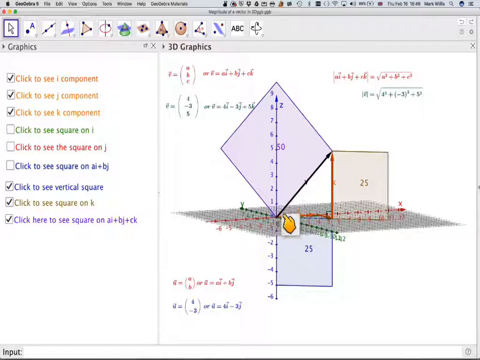In order to find the length, we need to take the square root of this square and get the answer of it's 2 root 5 or 7.07, or the square root of 50. Okay,